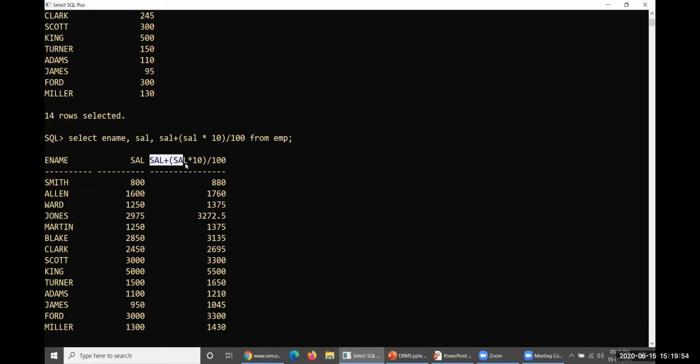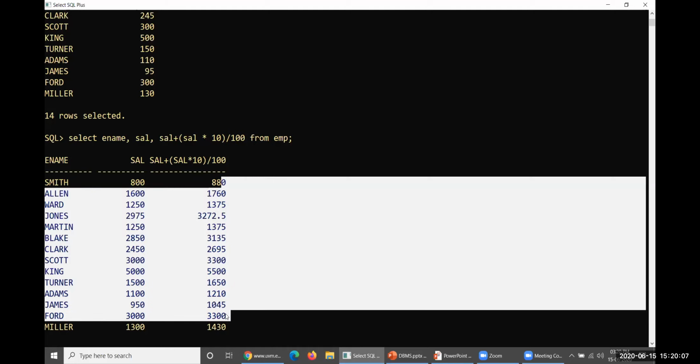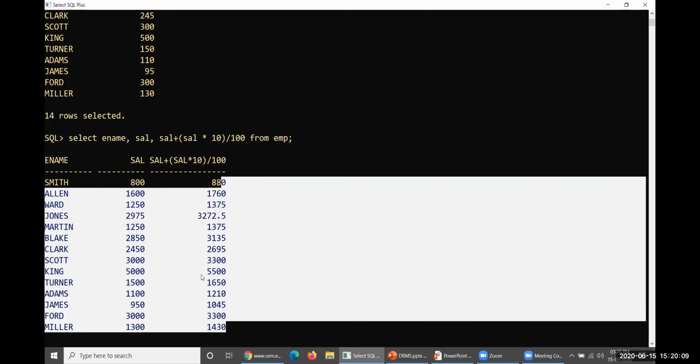And you must remember one thing: while any expression is operated like this, the data will be only on a temporary basis. It is not supposed to be stored anywhere else. I'll repeat, as and when you operate these expressions in selection, after applying the expression on the data, it is just for displaying purposes. It could not be stored anywhere else.